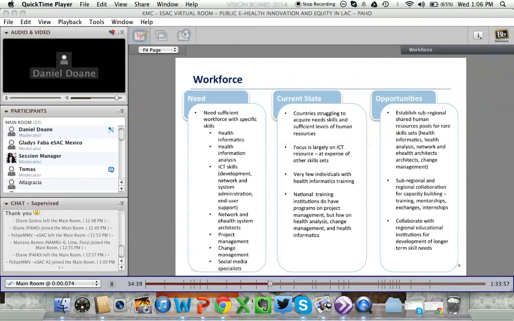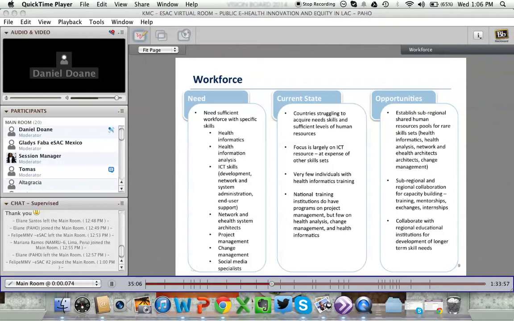And we need social media experts in terms of being able to use those tool sets to improve communication in public health. Again, I think my experience has been many countries are really struggling to acquire and to sustain the skill sets that they need. A lot of the effort has been focused on IT. I think that's an area of investment in human services that many decision makers at least understand